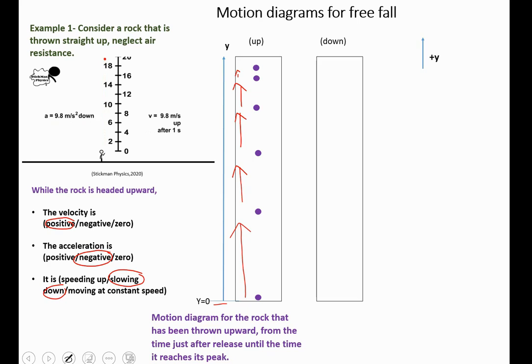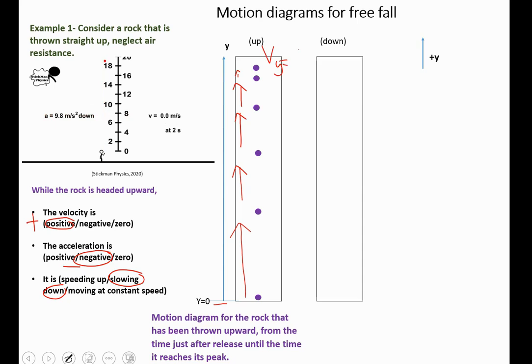And also you can see the acceleration and velocity have opposite signs. This is positive and this is negative. So when you have opposite signs for acceleration and velocity, that means the object is slowing down. The acceleration due to gravity causes the ball's velocity to decrease at a constant rate until it reaches maximum altitude. So the velocity of the object decreases by 9.8 meters per second every second until it becomes zero